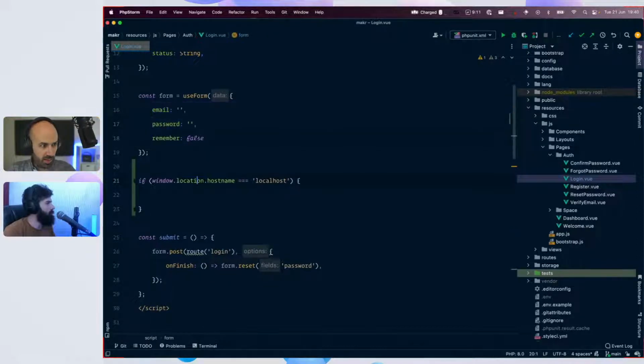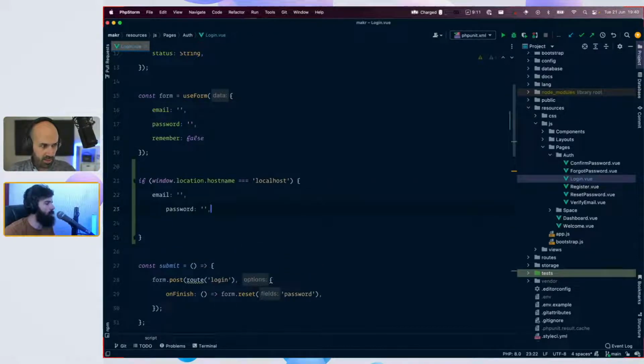What do you say? Could be an option, or we can also use a dev environment variable. I think that is also possible, but both ways, for the purpose, everything looks good.